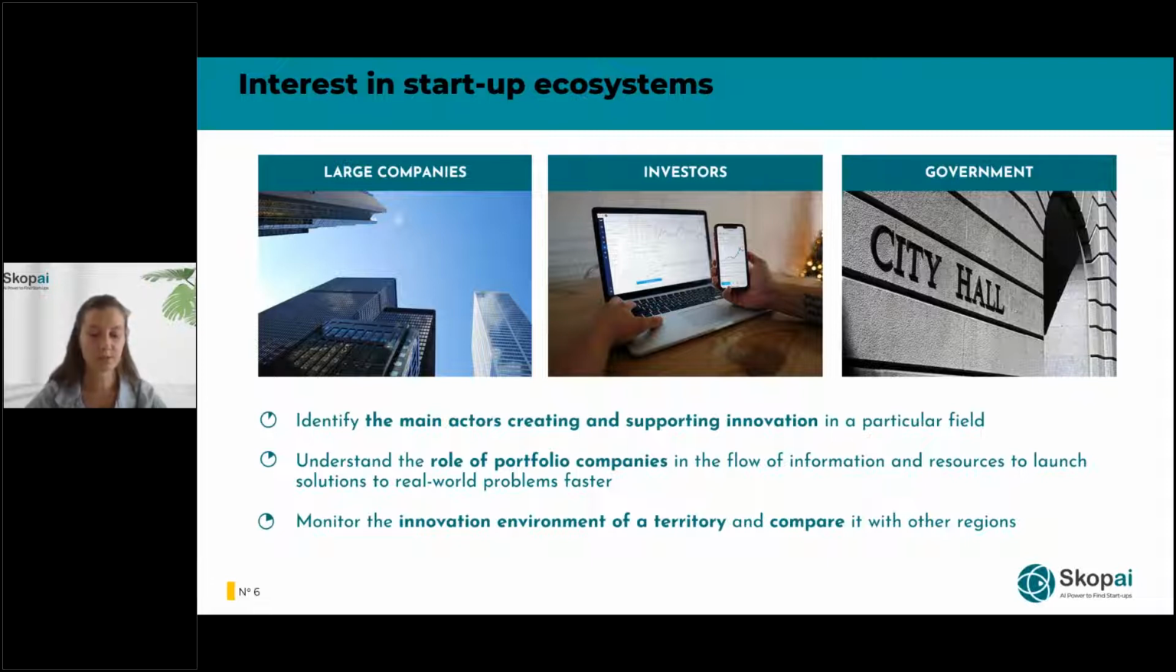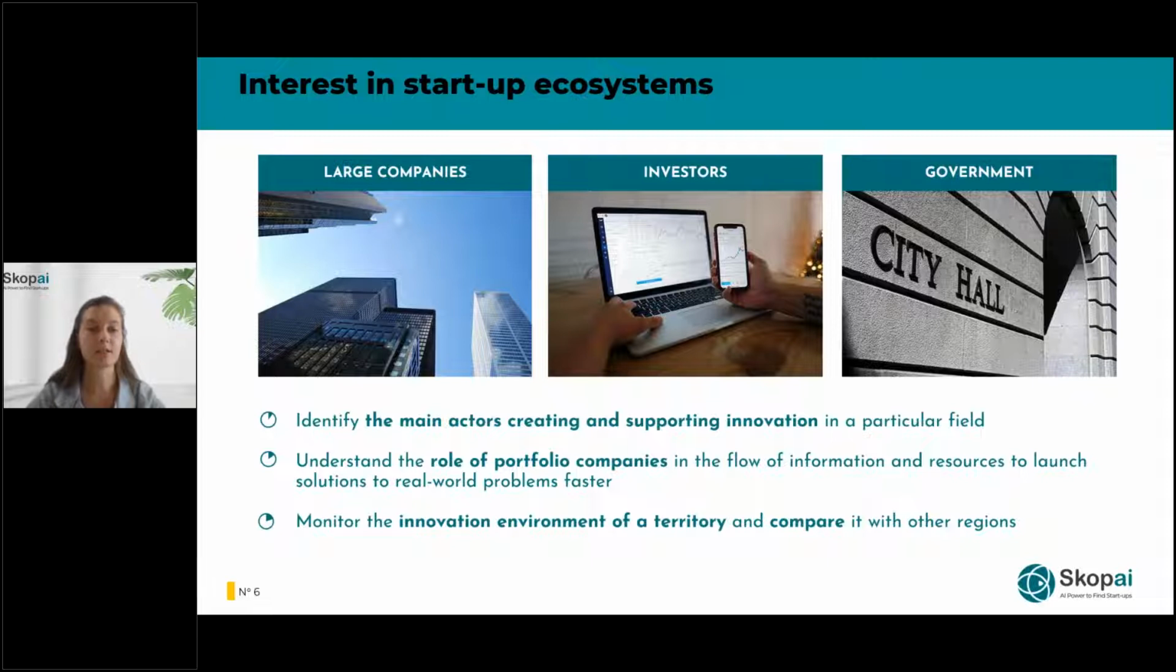Second, for investors, the ecosystem allows them to better understand their portfolio companies that they have financed or are planning to finance, and to benchmark with the other companies in the ecosystem. In this way, they can see the role or the place of the startup from their portfolio within the ecosystem, to see the flow of information and resources that can be used and leveraged by a startup in order to succeed. And thirdly, for government,